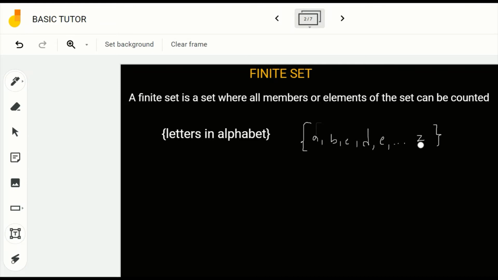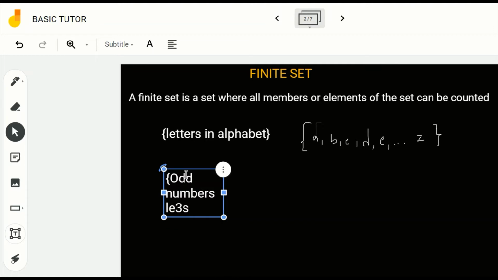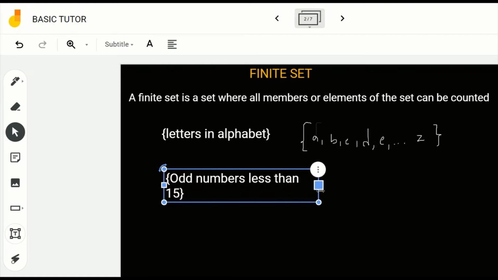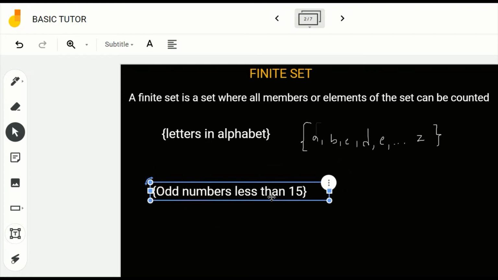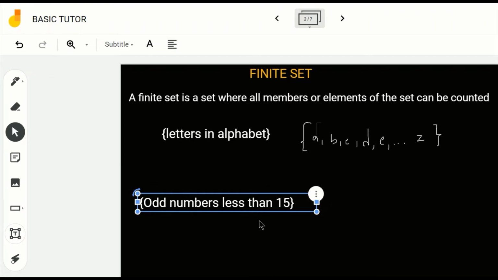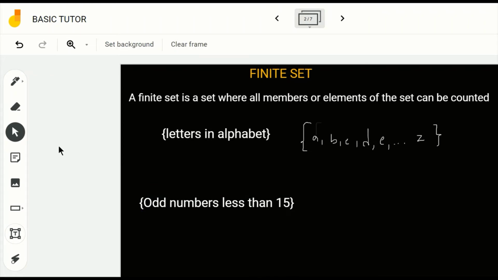Now, I'll give us another example of a finite set, that should be odd numbers less than 15. Odd numbers less than 15. This is another example of a finite set because we can easily count the number of elements in this set. For example,